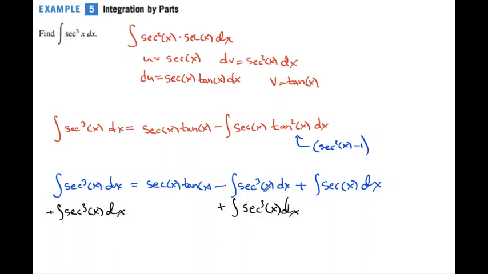So these two will cancel each other out. And then these two will combine and give me 2 secant cubed x. 2 times the integral of secant cubed x dx equals secant x tan x